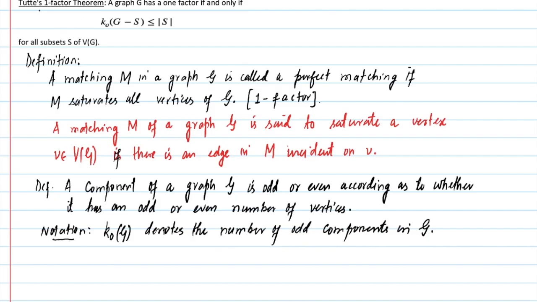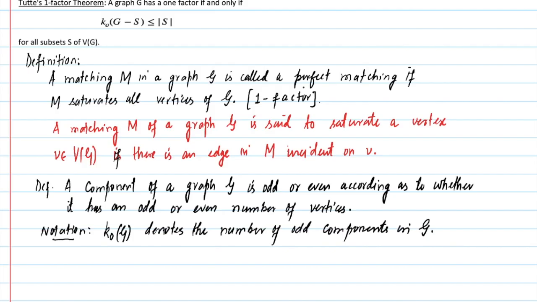Now let's come to the statement of Tutte's one-factor theorem, or Tutte's perfect matching theorem. This is the theorem that tells us what should be the conditions on a graph so that there is a perfect matching in that graph. Tutte states that a graph G has a one-factor if and only if the number of odd components in G minus S is always less than or equal to the number of vertices in S for all subsets S